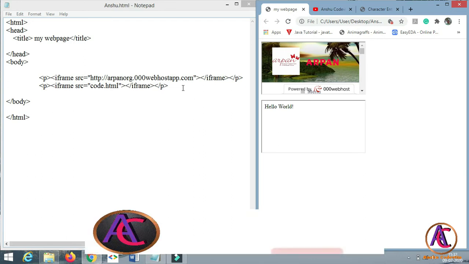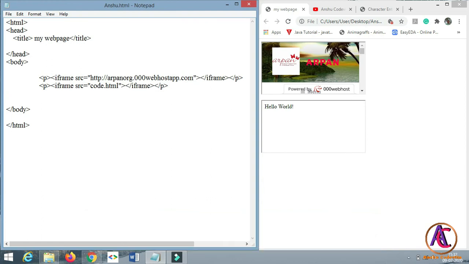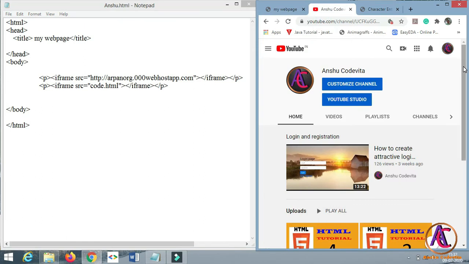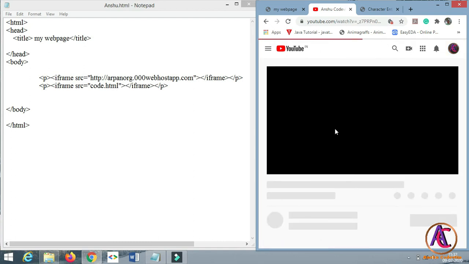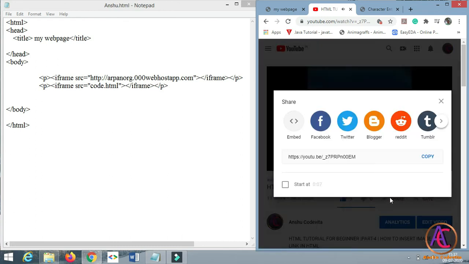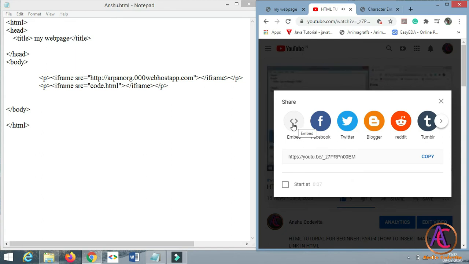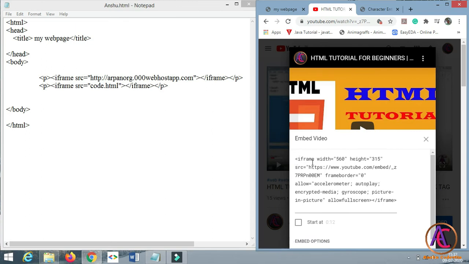We can also display a YouTube video on our web page. We have to go to YouTube and select any video which we want to display on our web page. Click on it and you will get the share option. Click on that and you will get so many options, so just click on the embed option and you can see that this code is written in iframe with so many attributes.